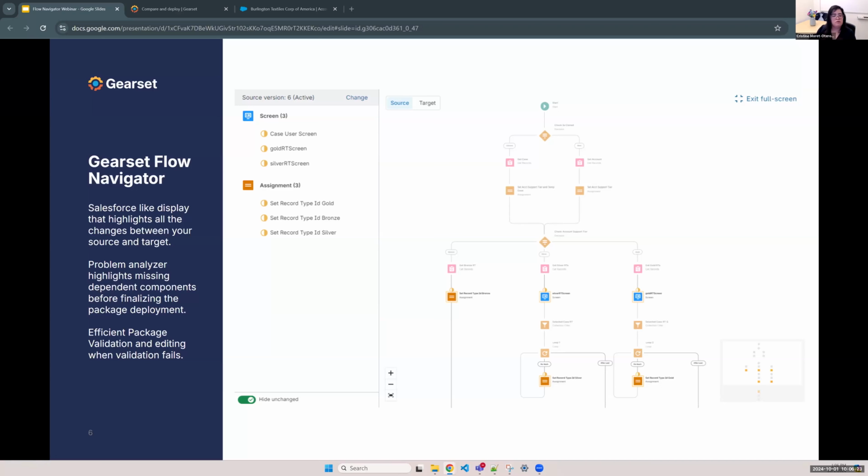We also have this beautiful view on the right of exactly what you would get with the Flow Builder tree within Salesforce, with the addition of the changes being highlighted. So that's also very useful. Some key things to call out with Gearset Flow Navigator, as you can see, the Salesforce-like display